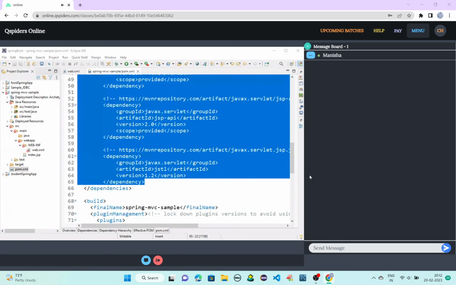Create a project. It is not a sample project. You know how to create a project, right?